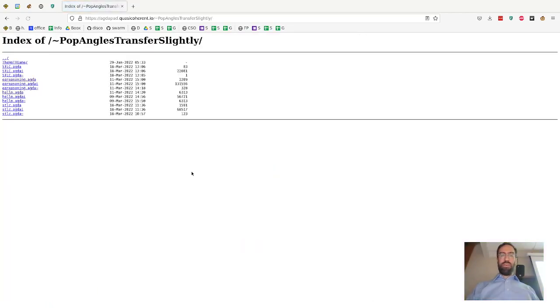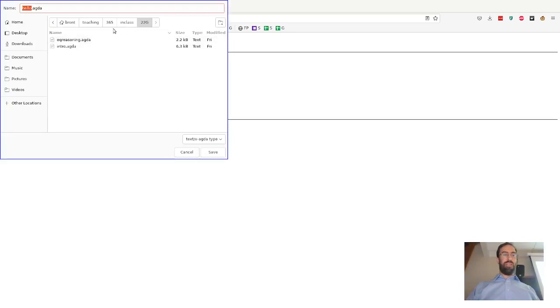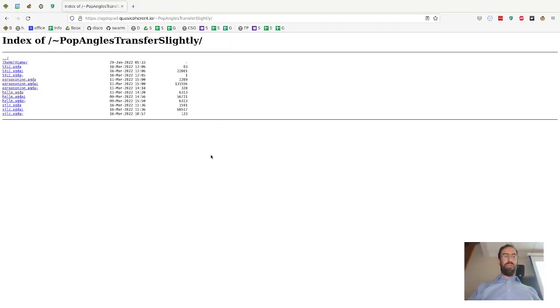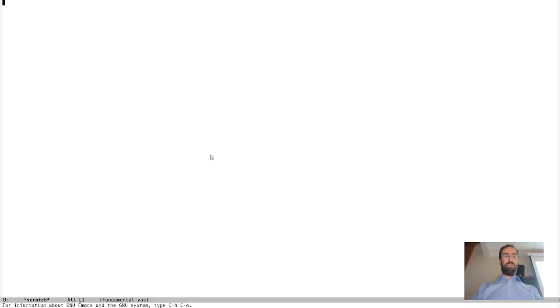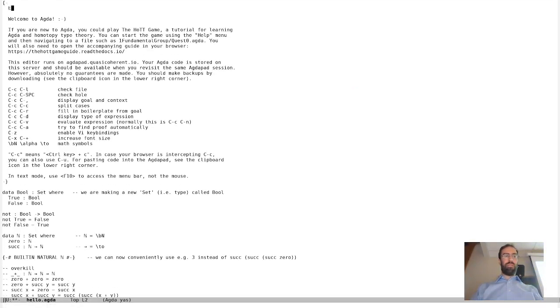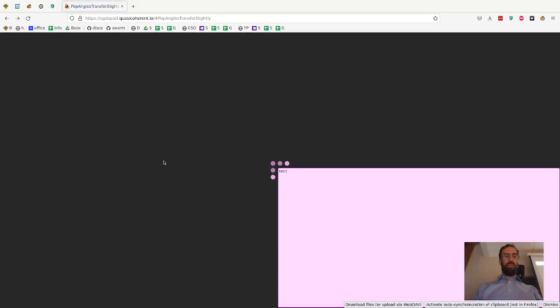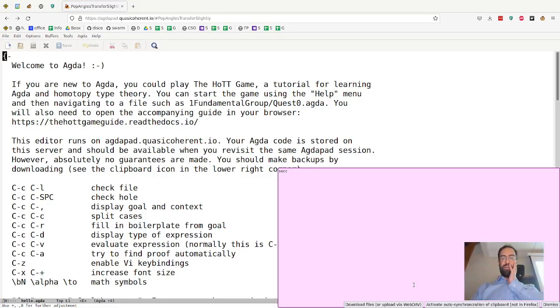Then you can download the file like this. Save it. Then if I edit it on my computer, so I'll just... okay. Now, the way you do this, it says upload via web dev. I don't know what web dev is, and I don't know how to use that, but what you can do